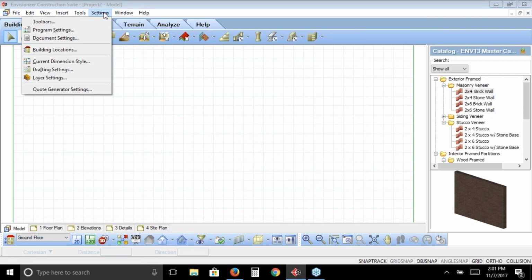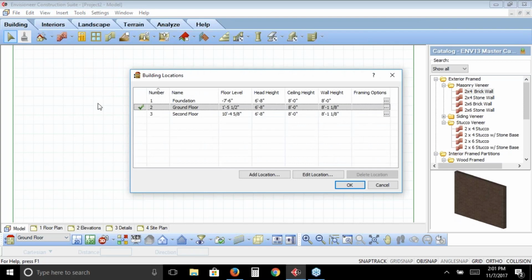I'm going to go up to the settings pull-down menu, and under the settings pull-down menu, I'm going to click on building locations. This building locations dialog box is the most important dialog box in the software. Anytime you go to insert any type of element, it always looks here first. So when you go to draw a wall or go to insert even a piece of furniture, it gets all